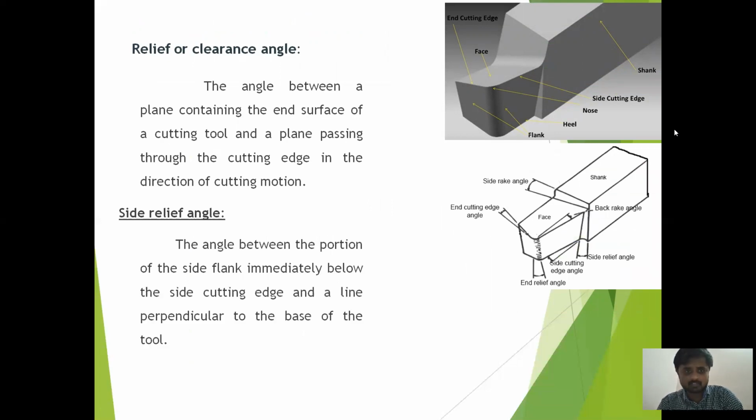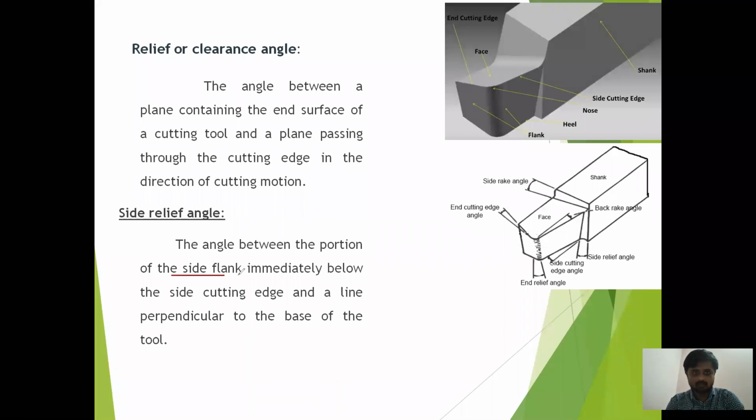The side relief angle, you can call it the side clearance angle. The angle between the portion of a side flank immediately below the side cutting edge and the line perpendicular to the base. Here, this is the side flank, which is immediately below the side cutting edge. This one is the side cutting edge, and the portion immediately below the side cutting edge is called the